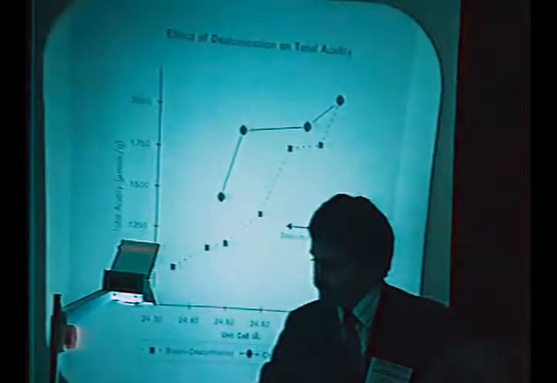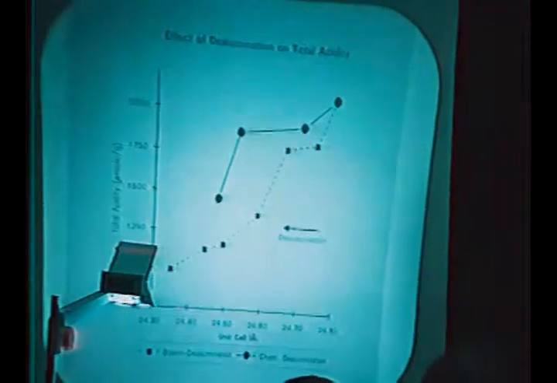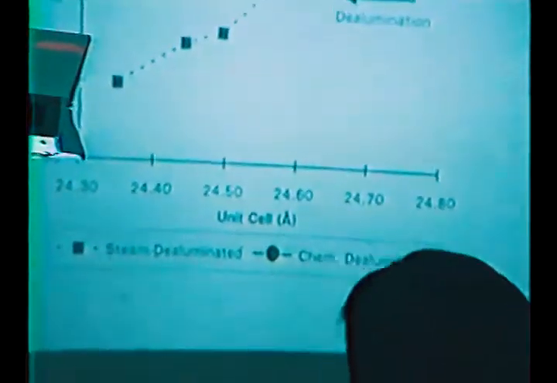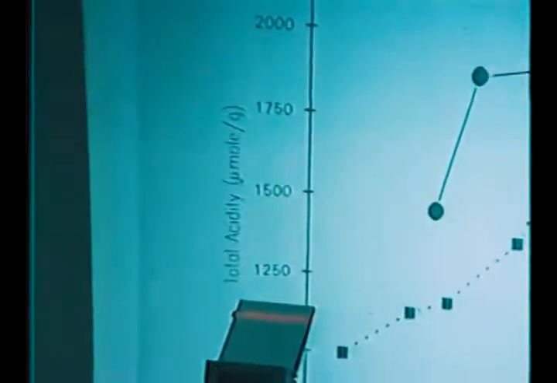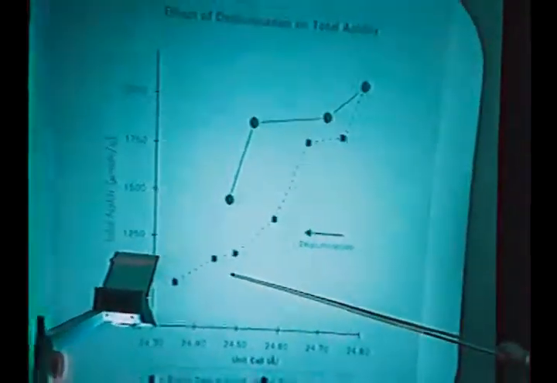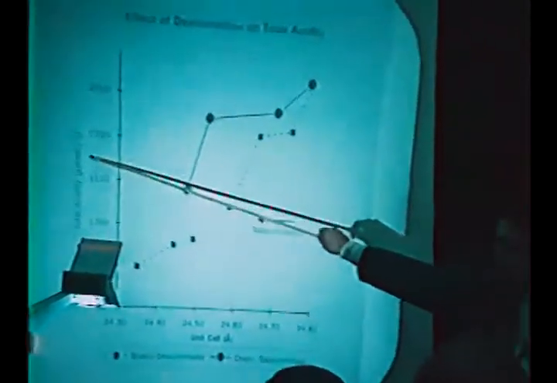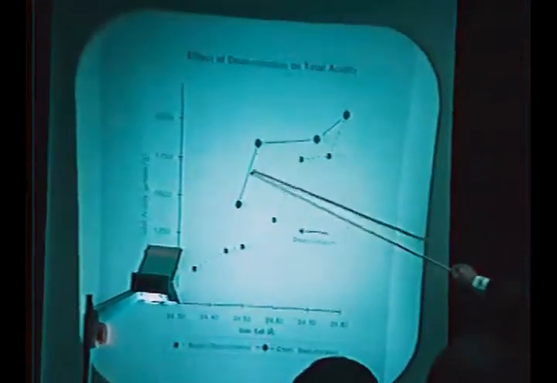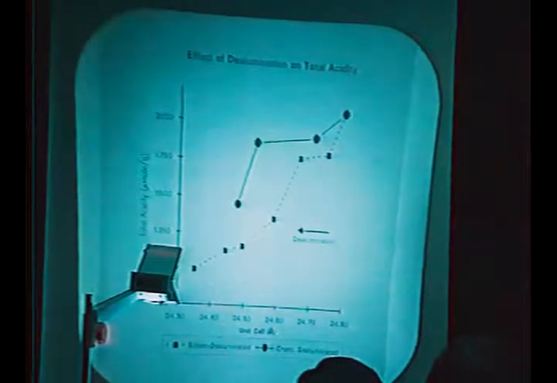Now, this is the effect of dealumination on total acidity. And what we have here is the chemically dealuminated ones, and the steamed ones are with the dotted line. The total acidity is expressed in terms of micromoles per gram. What we see here is consistently the chemically dealuminated ones have a higher number of total acid sites. That's not surprising. That's a combination of three